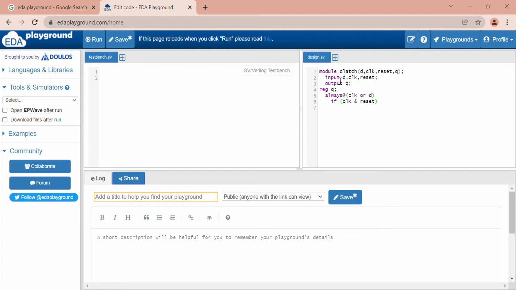Since it is level triggered, we have to give this logic: if clock and reset, then begin